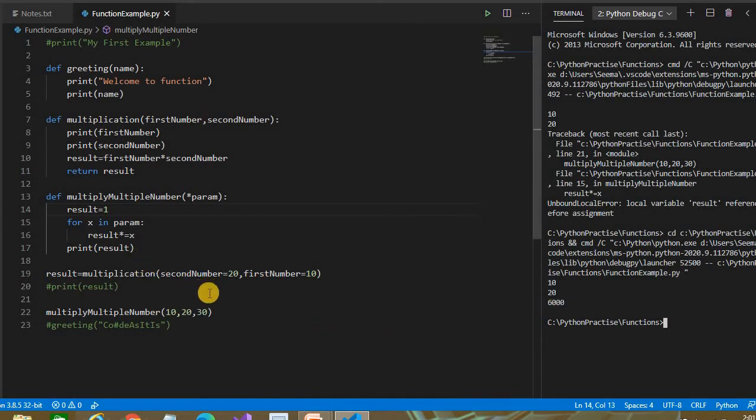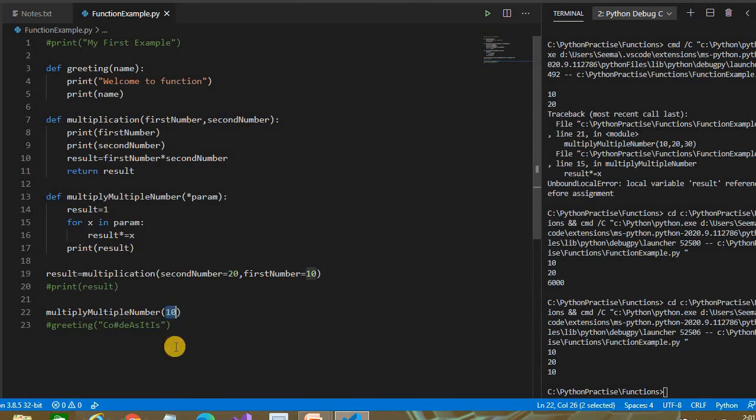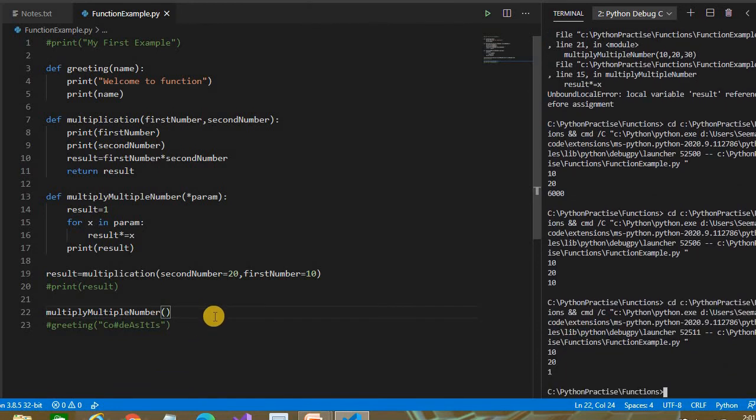Okay. Now you can pass only 10. Then it will give simply 10, because by default there is one number. If you don't pass anything, it will give 1. If you don't know how many parameters should be passed, we can use the star keyword. Before the parameter we can put the star, then we have to iterate it and get the values of these parameters. We can do whatever actions are required in your project.